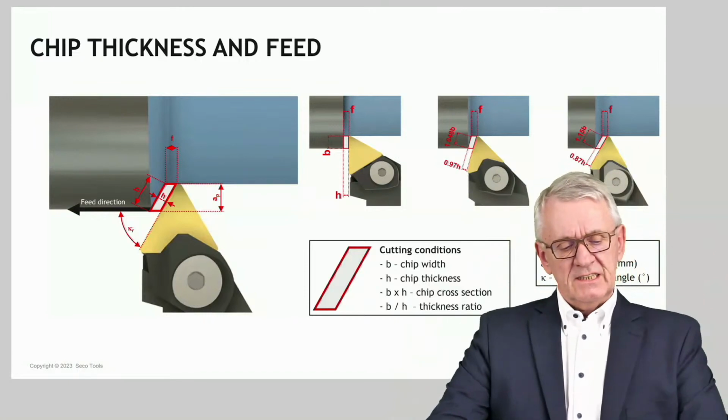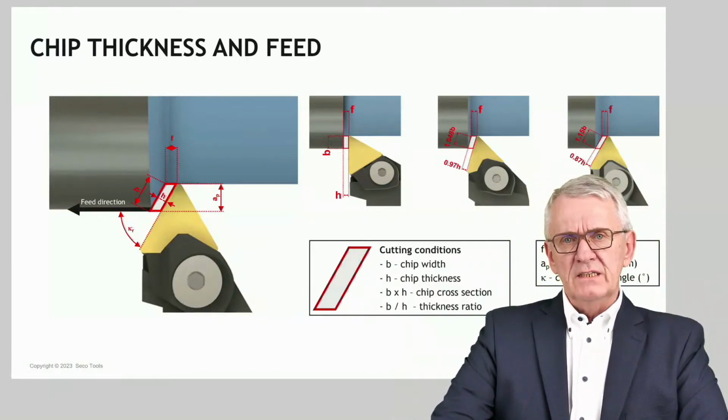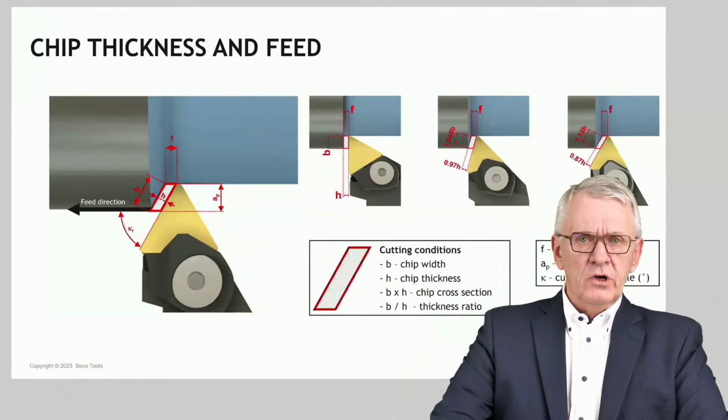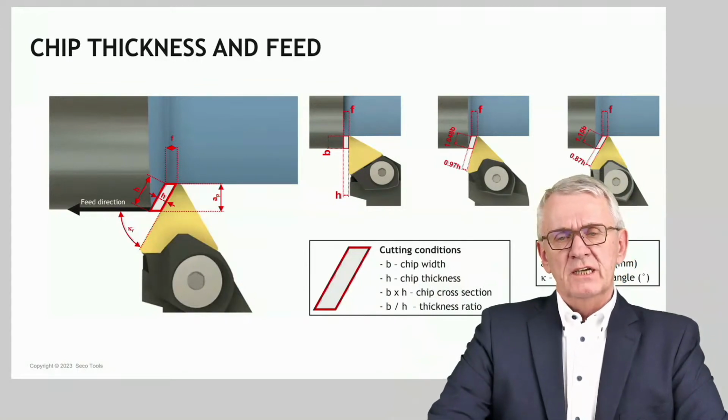But what you see is that if the cutting edge angle moves away from 90 degrees and you have a set of workshop cutting conditions I consider as being stable,